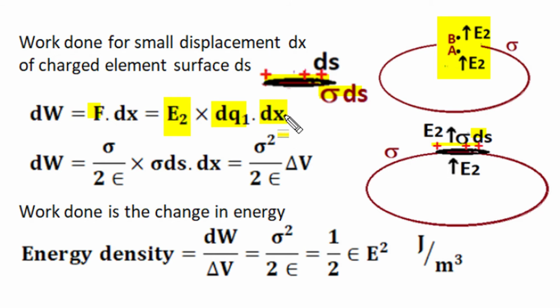This elemental displacement dx is so small that it will not disturb the surface charge density distribution of the remaining charge or electric field. So against the force, when displacement is done, we have to do a small amount of work, and if work is done against a force, then this work is called positive work by an external agency, and it is given by this yellow highlight. In place of the electric field of the remaining charge E2, we can write sigma upon 2 epsilon.